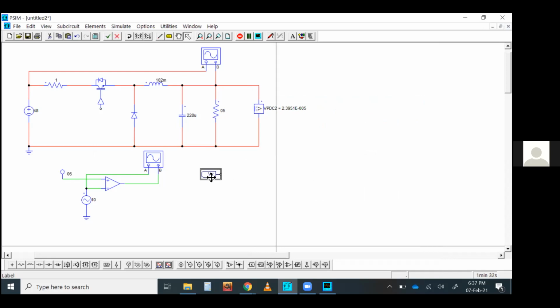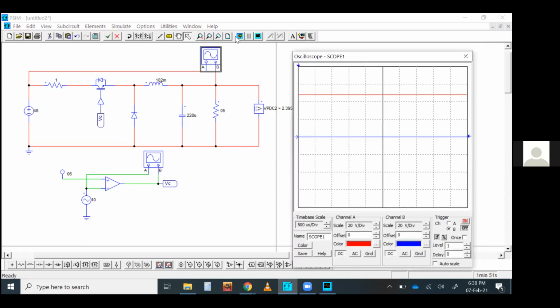If I connect this VC here and just copy it, paste it here, connect it, that means these two terminals are already shorted, internally shorted. I don't need to put a manual wire from here to here or from anywhere in the circuit. You can use a lot of labels in your network, putting them here and there, so they will be internally shorted without showing the wiring. That's very convenient when you're going to design a very complex circuit. So now this control circuit is always given to this terminal, that is control IGBT.